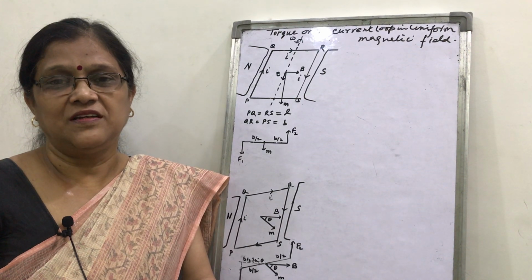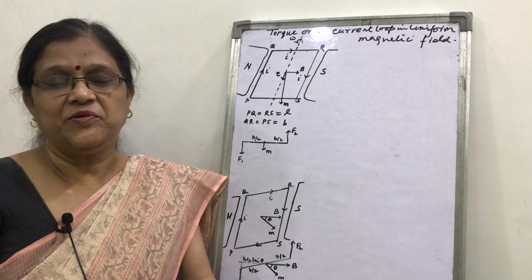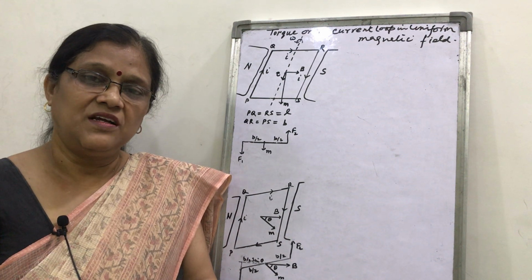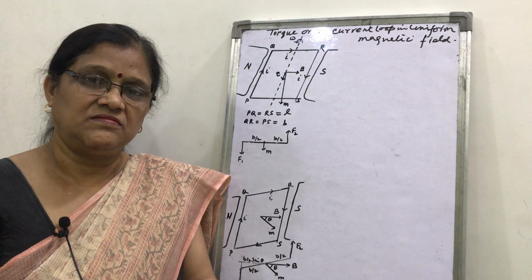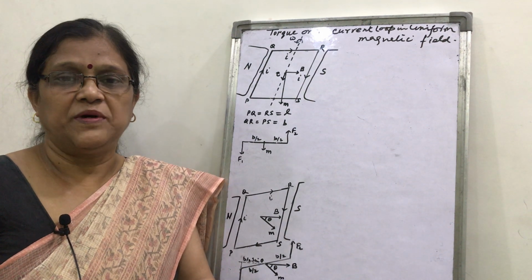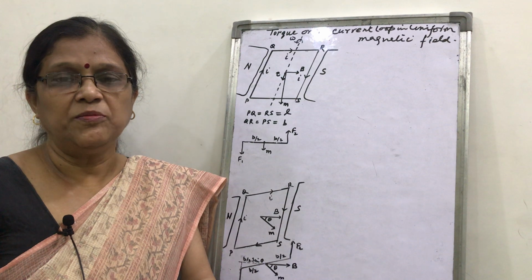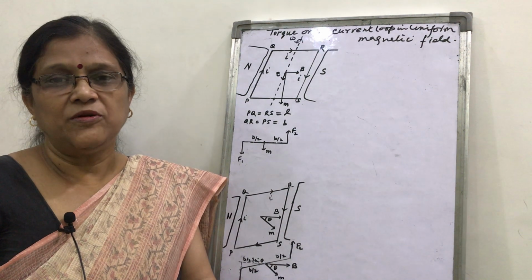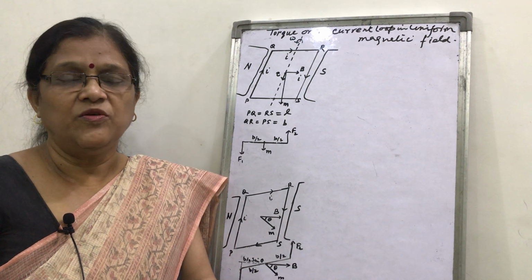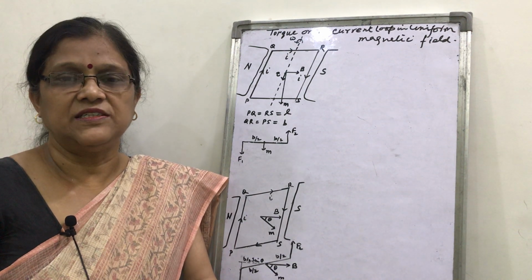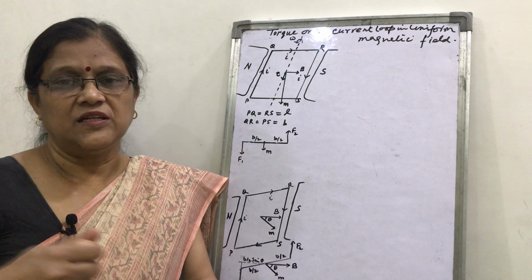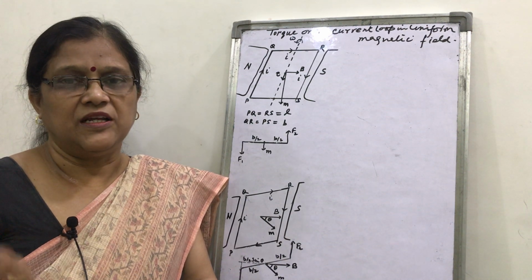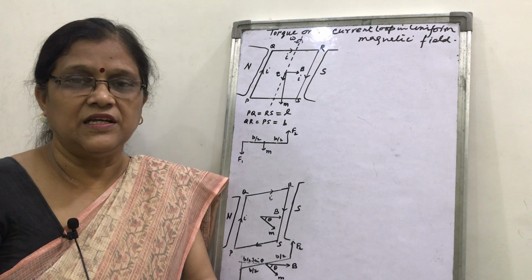In the class 12th chapter Magnetic Effect of Current, today, in continuation of that topic, we will study about the torque: how the torque is produced by a current loop when it is placed in a magnetic field. You will be knowing about the torque. You must have read in your previous classes that the door handle is made further away from the axis because we can apply less force to open the door easily.